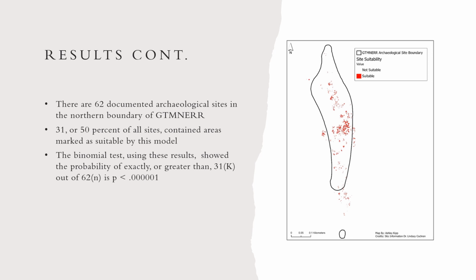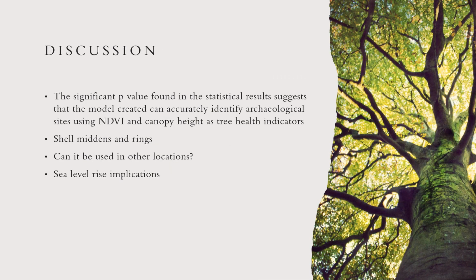And from there, I used those inputs for the binomial test, which showed the probability of exactly or greater than 31 out of 62 sites being accurately identified in a random sampling of an area of 0.5% of the entire area was a p-value of less than 0.000001. That significant p-value does tell me that my model does accurately identify sites better than a random sampling would,